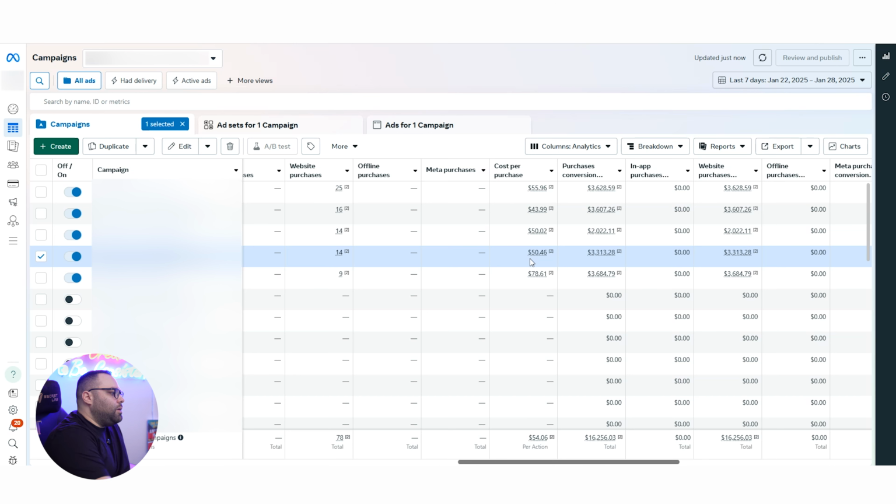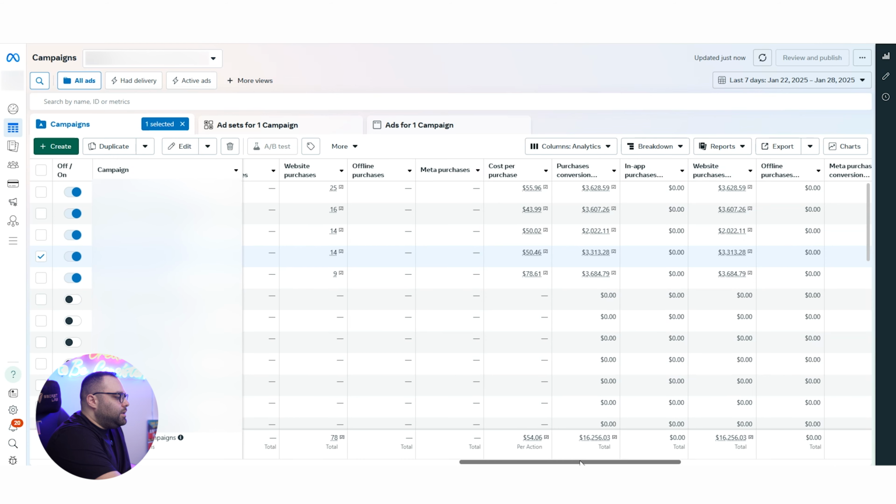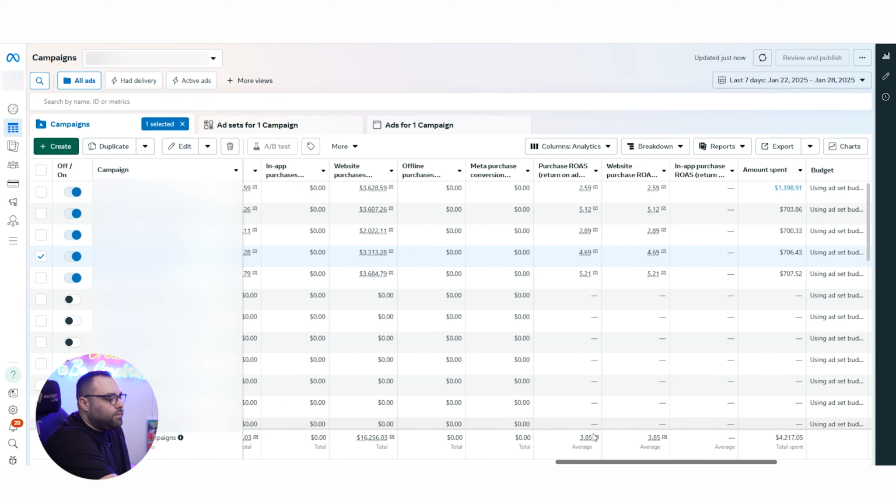But I would increase by another 50 or by another 100 in this case, which is the average cost per purchase which I'm getting over here. Do I care about the learning phase here? No, I will not pass the learning phase, but still I'm getting very good results over here, so it doesn't matter. I hope that this video is going to help you understand more where we use the 20% rule.